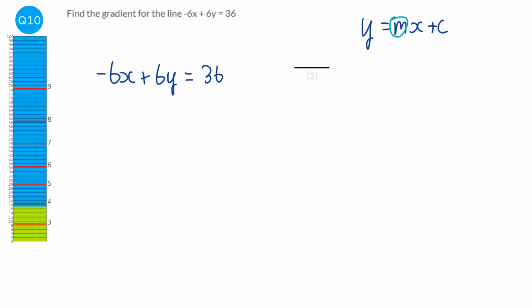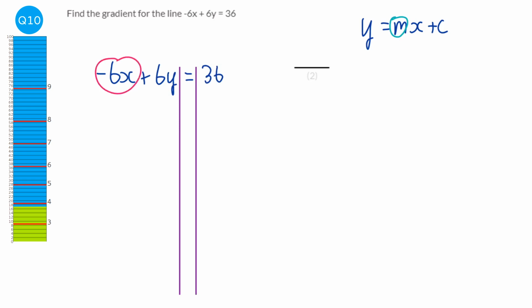And so I'll get my lines in. So the first thing I'm going to do is get rid of the x's from the left hand side. And we can do that by adding 6x both sides. So we've got 6y equals, and I'm going to put the 6x first, just to match the y equals mx